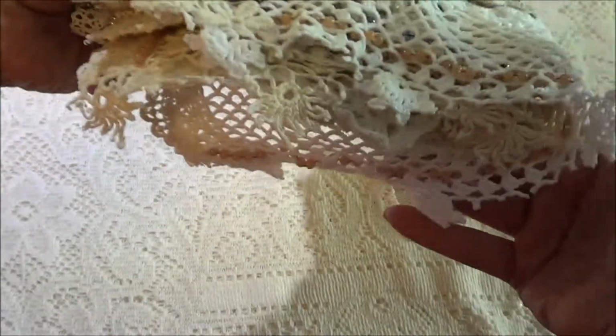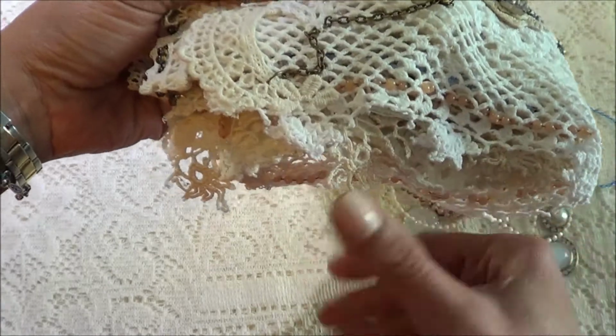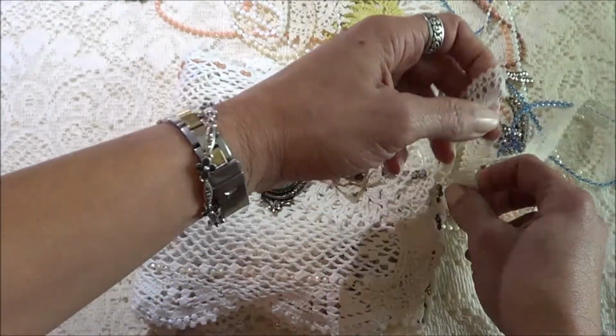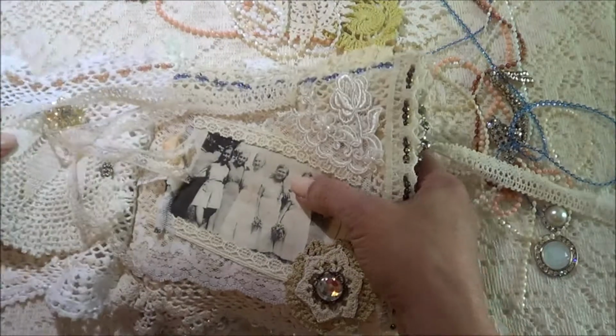And then I left it this way because I wanted these little things to show. Okay, now let me open it and let me show you what I'm hoarding. And I used. Okay, now on this page,